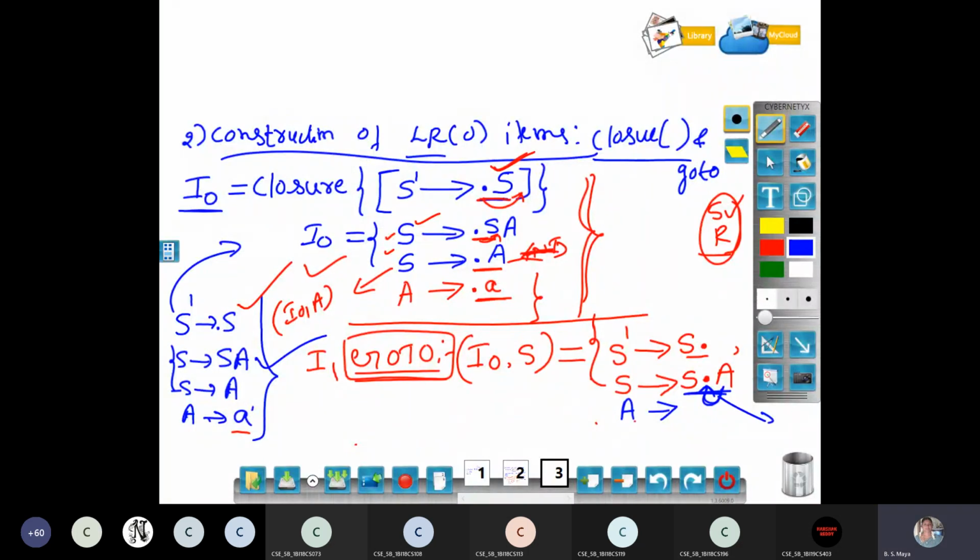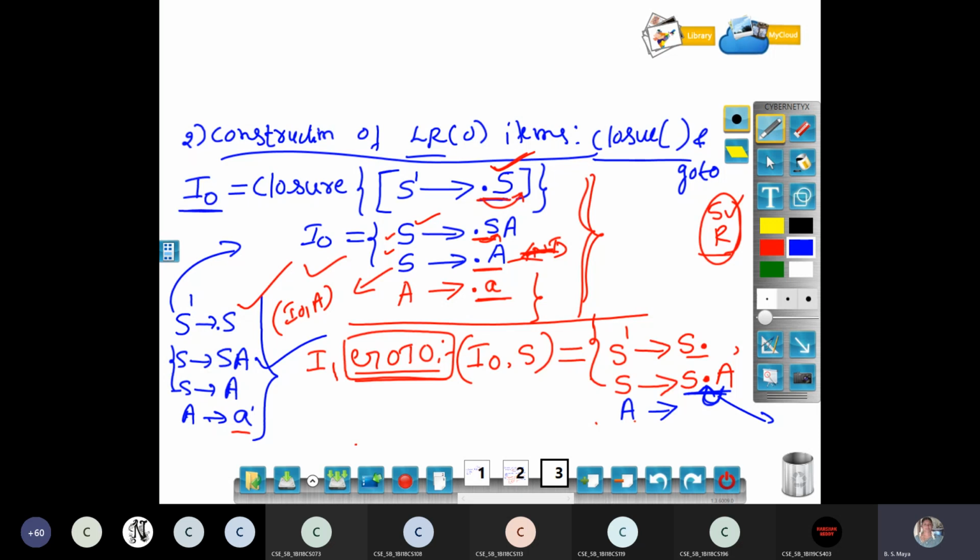So after applying the goto function of I naught on S, if you get a dot before a non-terminal, then we have to copy all the productions of A with the dot, under the closure.